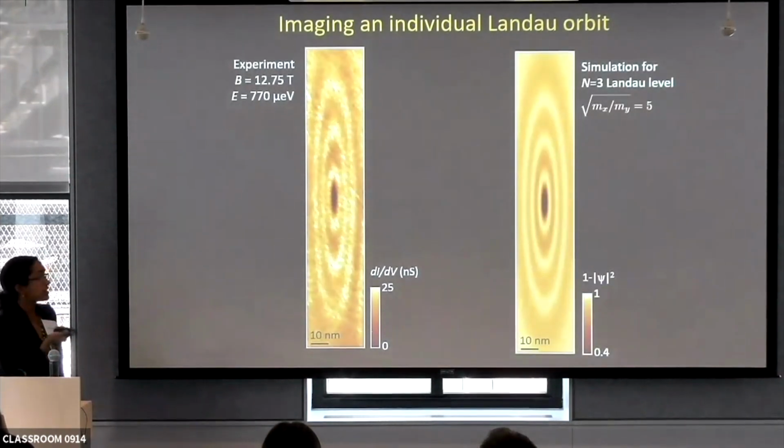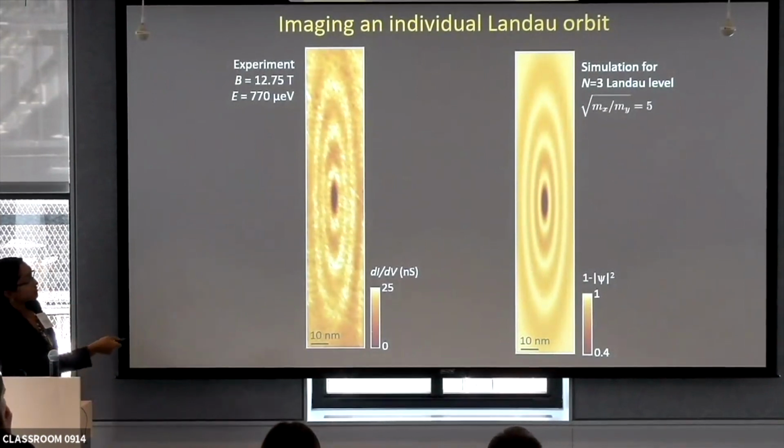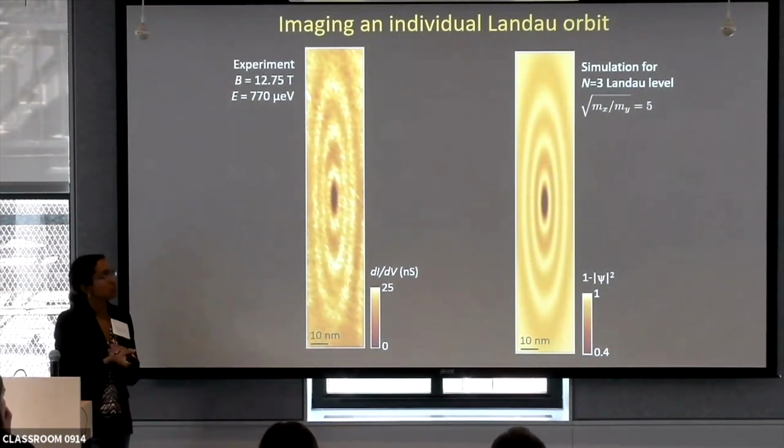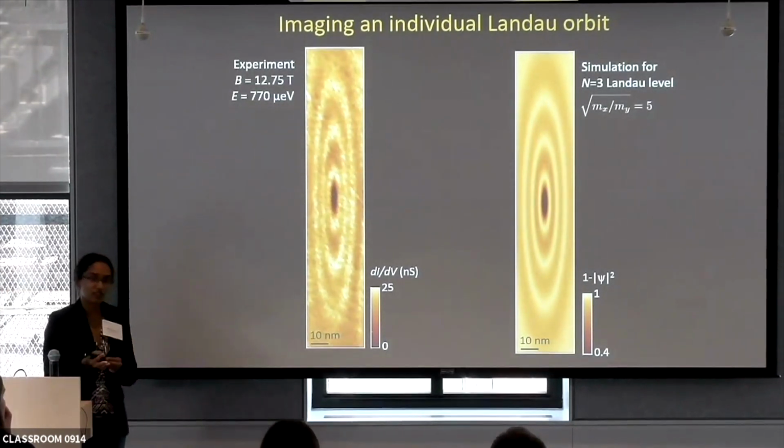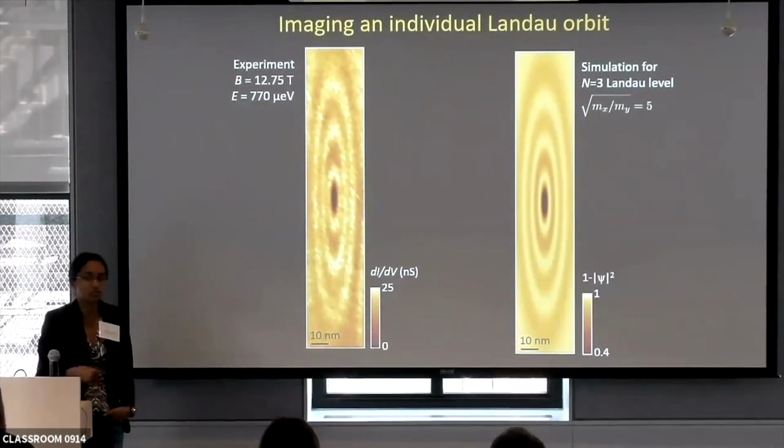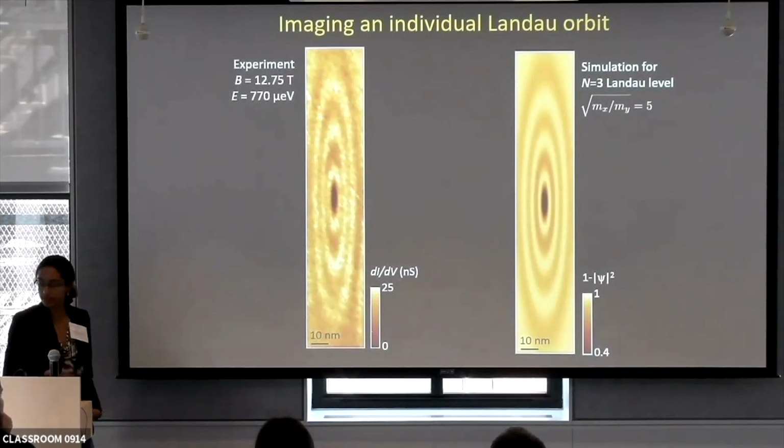And it matches very well to a simulation for the n equals 3 Landau level, where the only free parameter here is the ellipticity of it that comes from the ratio of the effective masses in the Fermi surface itself. And this value matches well to what's expected for the bismuth Fermi surface as measured with ARPES and other